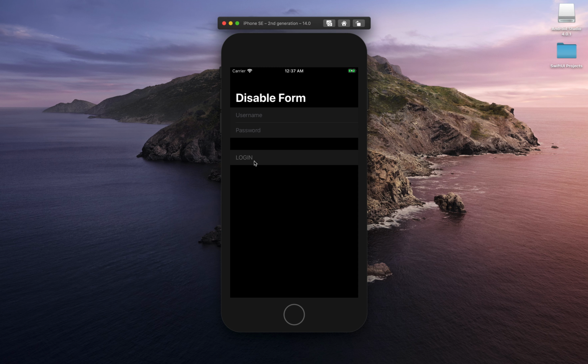So currently you can see that this form has two sections, and one section has this login button, but this login button is disabled and it is enabled only when you fill the data in the two fields. We have also used one condition: the data which you are entering above should be 5 characters in both the fields. So like 5 here, it is still not on, but when I add one more letter, it is now enabled. So this is what we are going to see: how you can disable a form and also how you can use a form to create this type of login screen in SwiftUI.